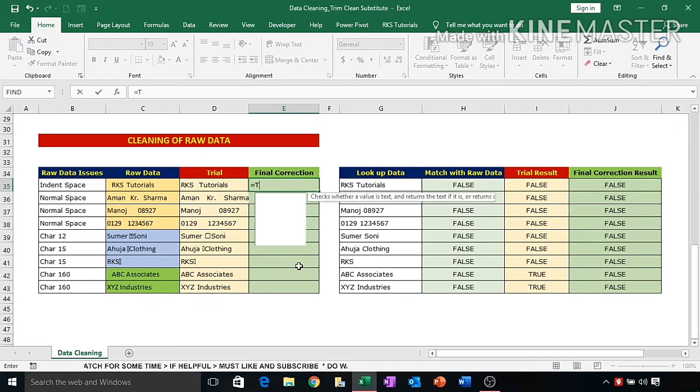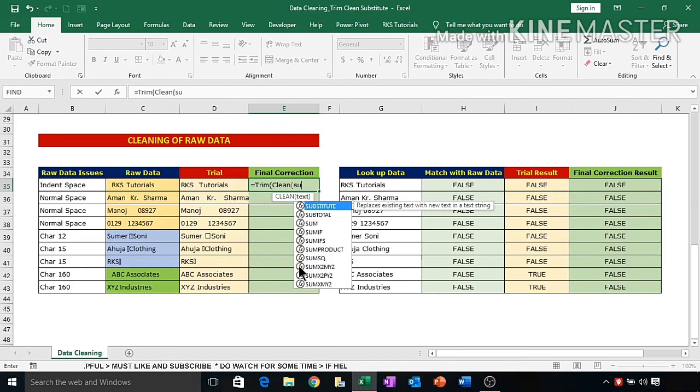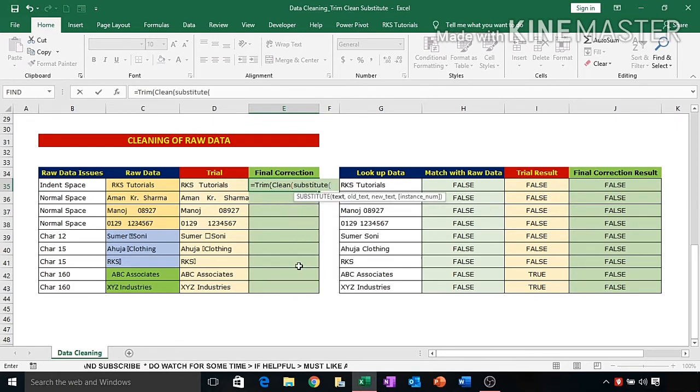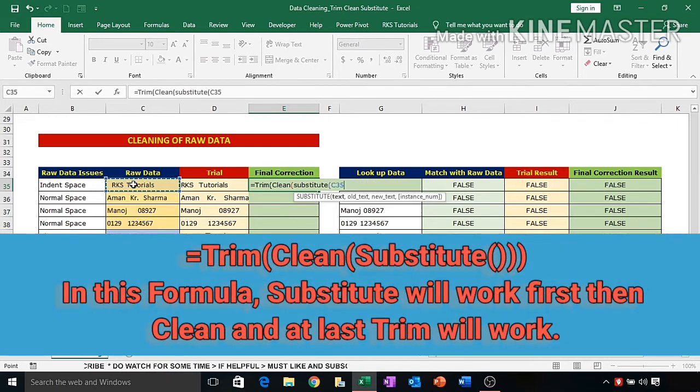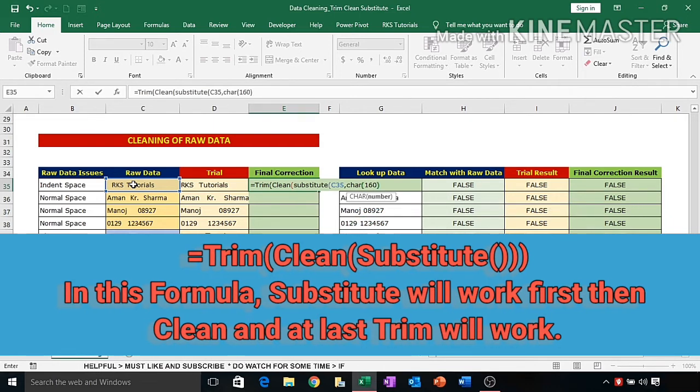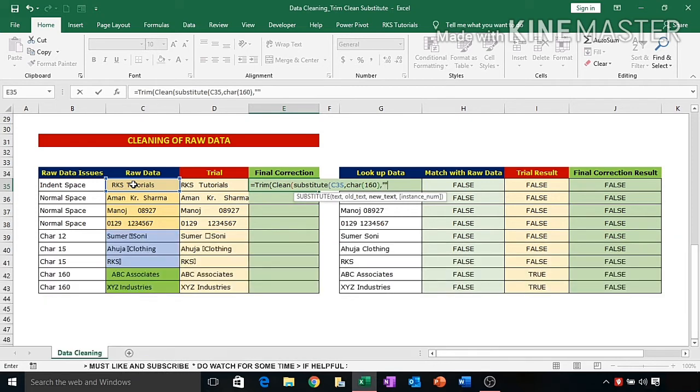So start with TRIM, bracket, then CLEAN, after that SUBSTITUTE, start, give the text reference, cell reference, sorry, old text is CHAR(160), comma, blank.